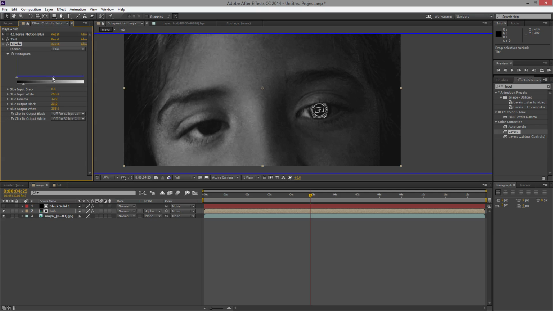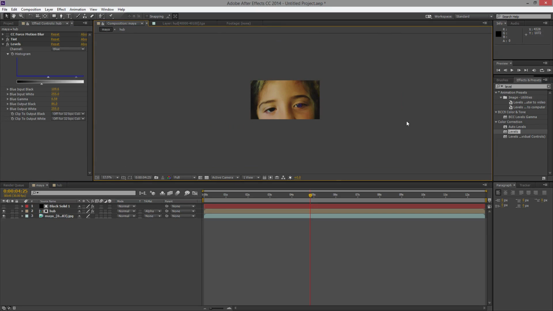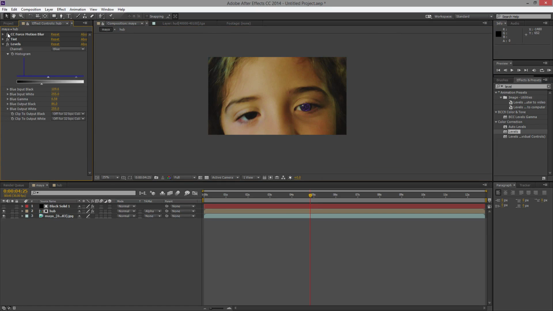I'm not even sure that we can do anything with it. I think that should be enough there. Go to RGB. Actually, we changed the whole color. There you go. Okay, it should be enough. Good enough. Now, if I enable my motion blur here,